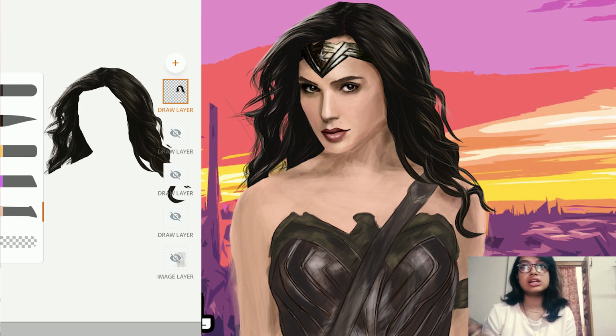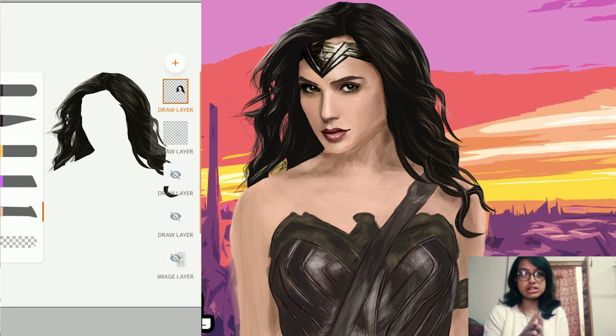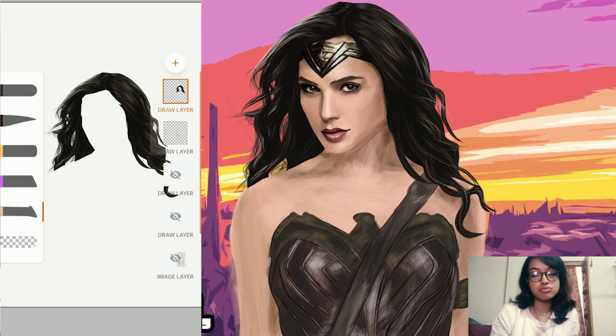So this specifically is the hair part, which I genuinely start with. It helps me find the shape of the face, which is the most difficult part for me to draw. So first of all, I will show you the first layer, and mostly I don't like to use too many layers. It makes a haphazard situation.